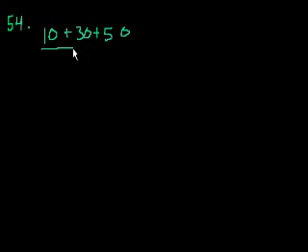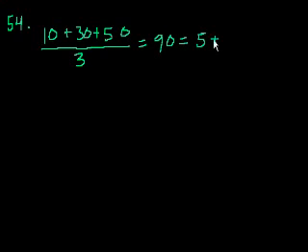Problem 54. The average of 10, 30, and 50 is, okay, so they say the average of 10, so the average is going to be 10 plus 30 plus 50. So the average of those three is that, divided by 3. So first of all, what is that? Well, it looks like it should be 30, right? Because you get 60 plus 30 over 3, so that's 90. So the average of 10, 30, and 50 is 5 more